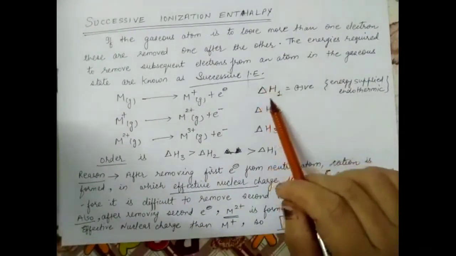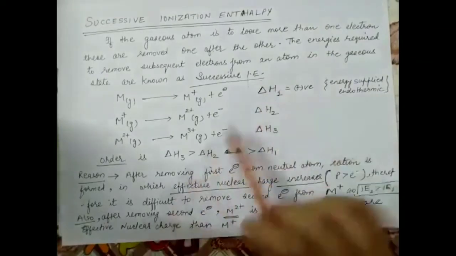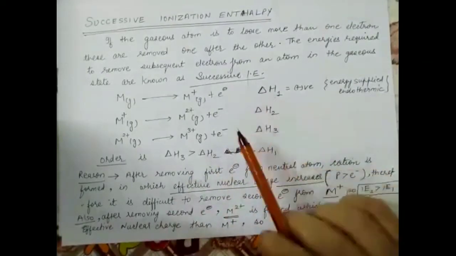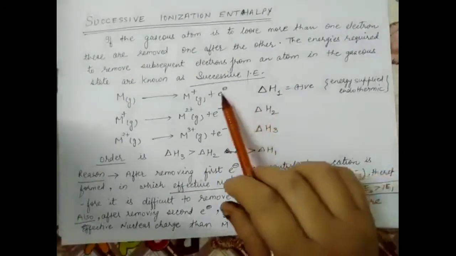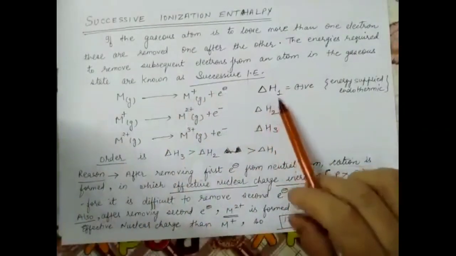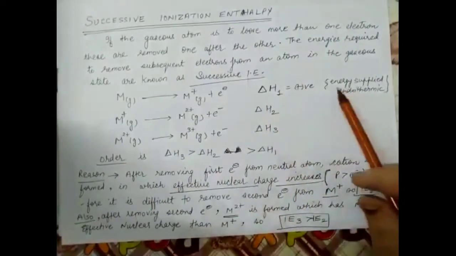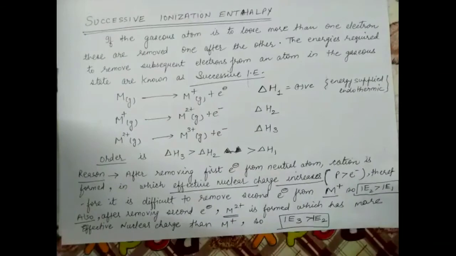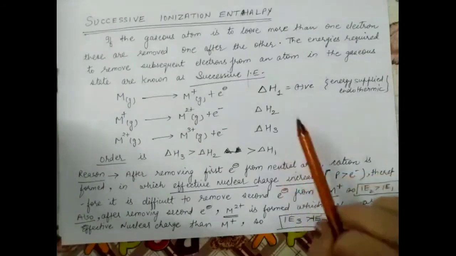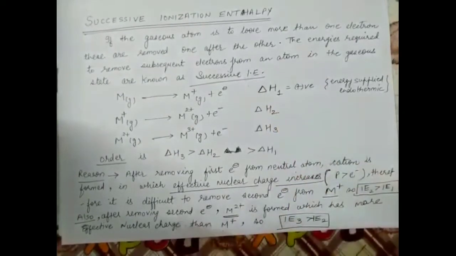This is how ionization enthalpy is denoted. Delta stands for change, H stands for enthalpy, 1 stands for removing the first electron. Since I have to supply the energy, what is the sign of delta H1? It is positive. Whenever energy is supplied, the process is endothermic, which means the magnitude is positive. Whenever energy is released, according to convention, a minus is kept before the value. That is an exothermic process. Here energy is supplied, so delta H1 is positive, whatever value it is.